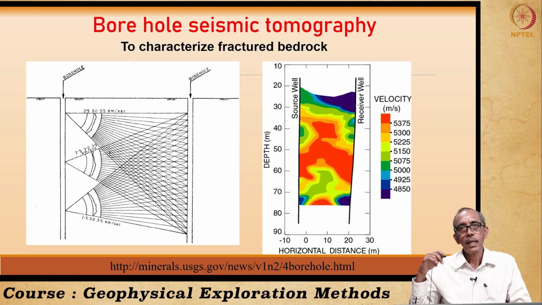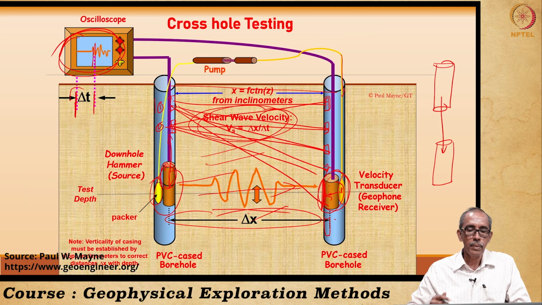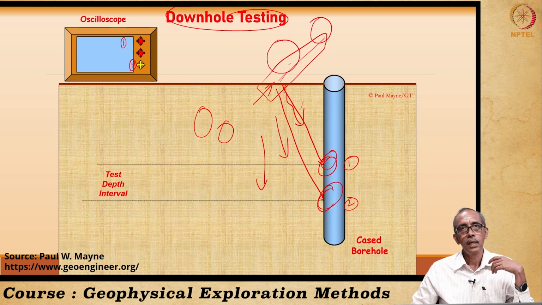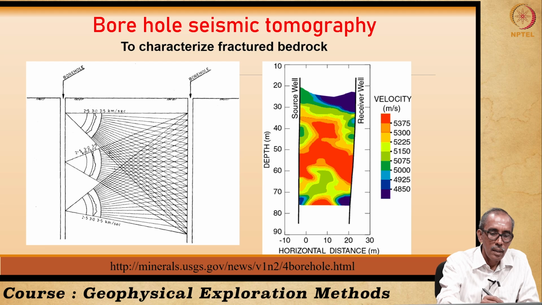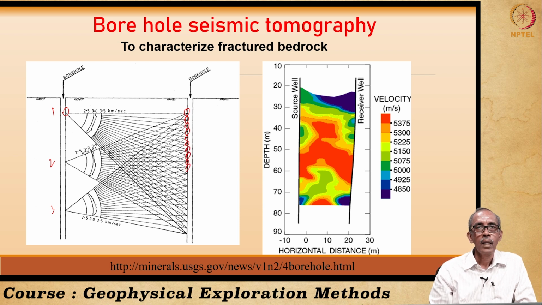Now, as I told you in the previous slide, we have conducted a survey using cross-hole seismics. That means we have scanned the section between the two boreholes, which means we have kept the source at 3 locations and energized, and the shocks are detected at different locations. So, these are all the locations of geophones.